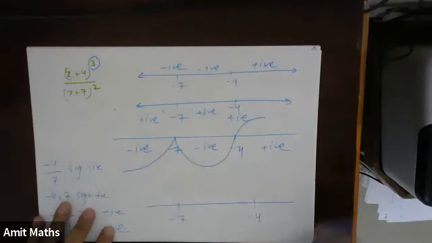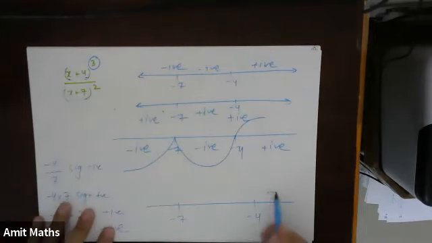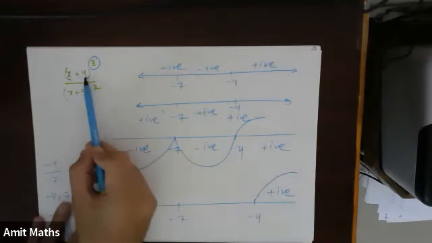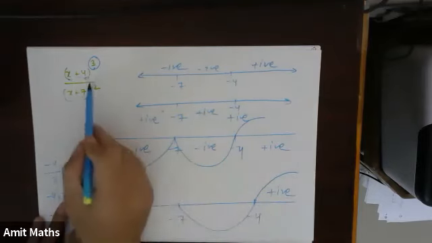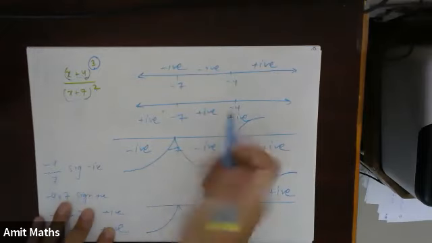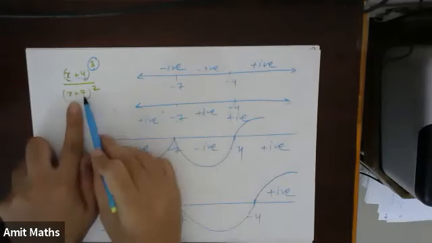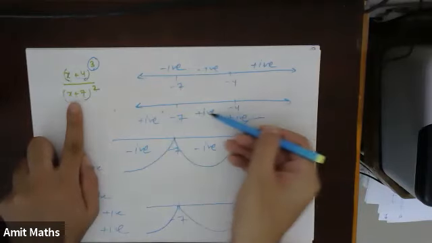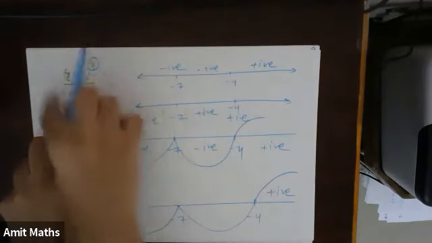At infinity, what will I check? The sign. At infinity, the numerator will be positive and the denominator will be positive, so positive. Then I come back to minus 4. Minus 4 has an odd power, and an odd power will change sign. Then I came to minus 7. Minus 7 has an even power. Will it change sign? It will bounce back. Understood? Now understood why this is bouncing back? Because the root of this was minus 7, but was this function ever changing sign? No. This function was never changing sign. So because of this minus 7, the overall sign is not changing.